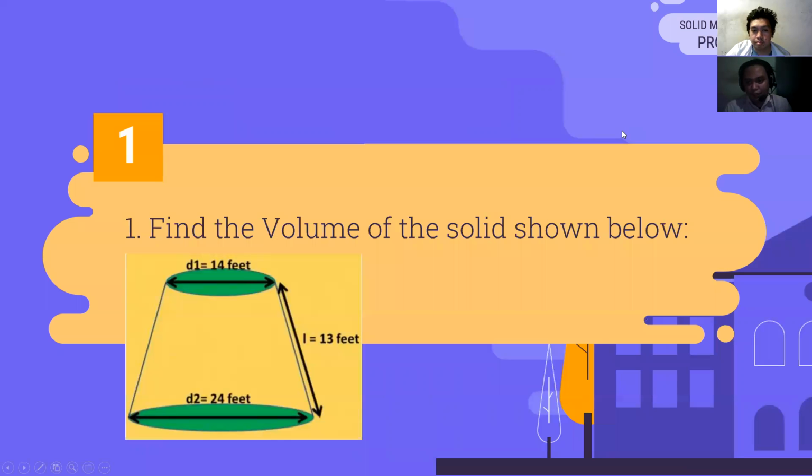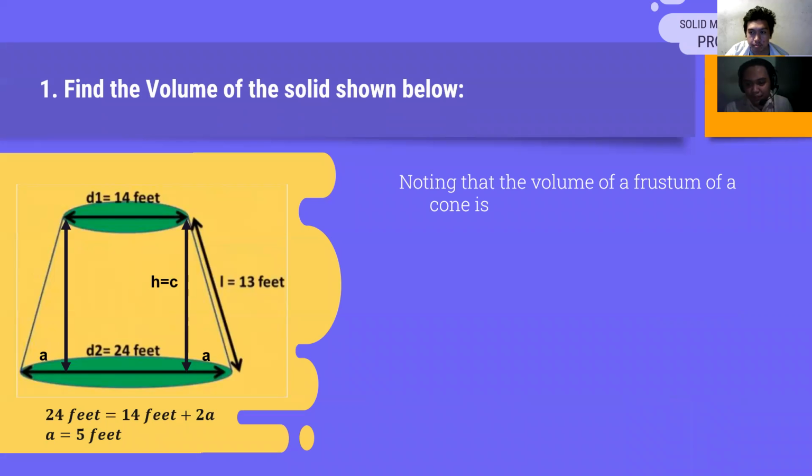Next slide, please. First problem is to find the volume of the solid shown below. Next slide, please. The figure is known as a cone frustum, and its formula for finding its volume is pi